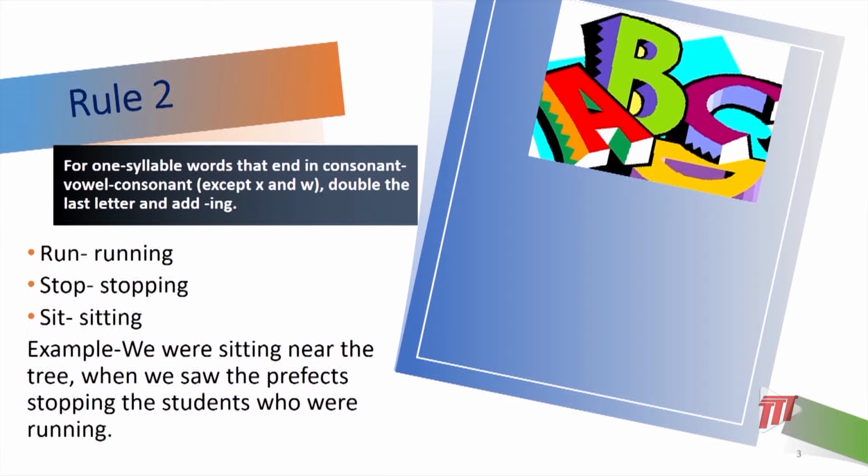R-U-N-N-I-N-G. The same happens for the word stop, S-T-O-P, stop. T is a consonant, O is a vowel, and P is a consonant. So we double the end consonant P and then add ing to produce stopping,